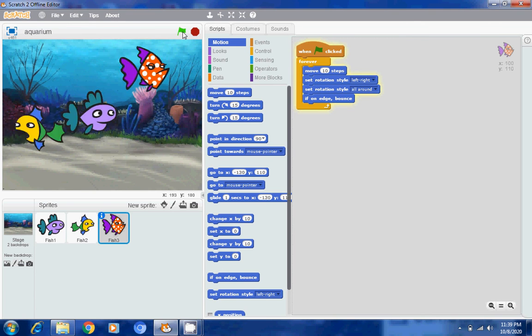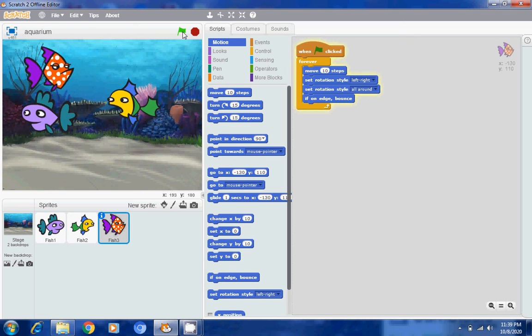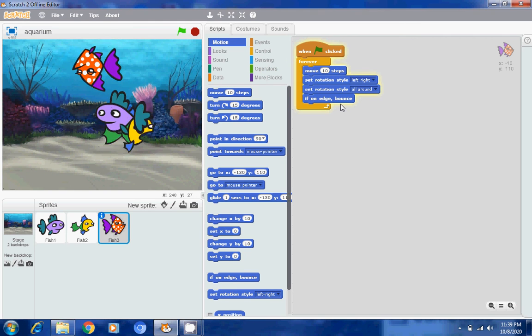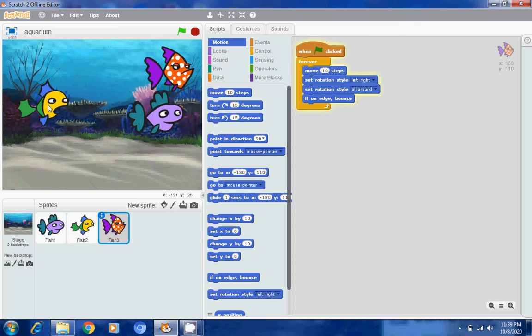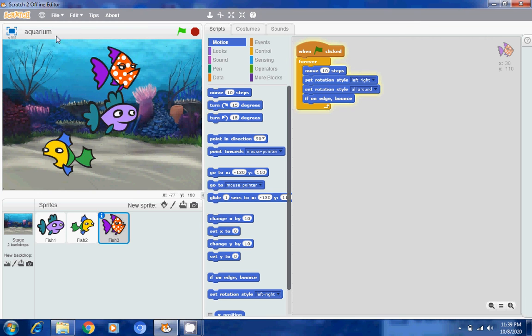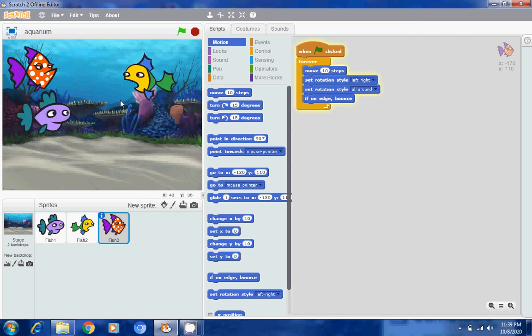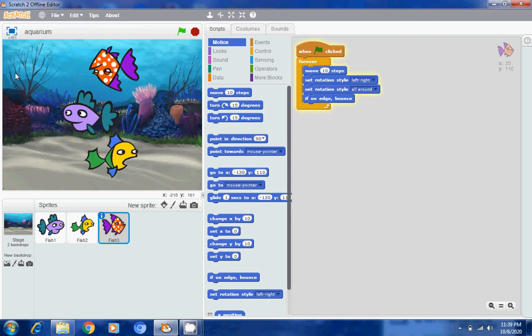Okay, all around. Now all fishes are moving, but only fish 3 is moving all around. Why? Because I have given this code only to fish 3. Fish 3, if you notice, is moving all around in the whole aquarium, while the others are going straight, left to right, then right to left.